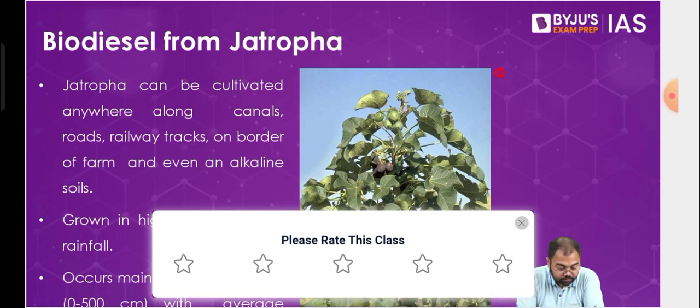Although Jatropha is good in this manner, that you can just grow Jatropha wherever you want and you can get biodiesel from here, when we look at the commercial perspective, that is where Jatropha loses out. Initially so much excitement was shown in 2002, 2003, and after that the 2009 biofuel policy also mentions Jatropha as a source of biodiesel production.